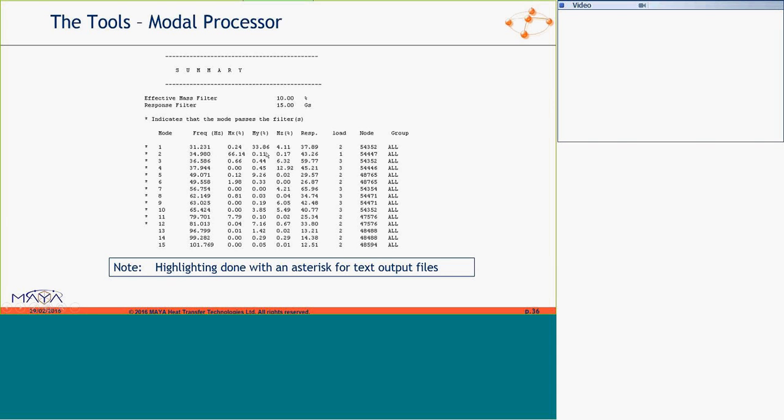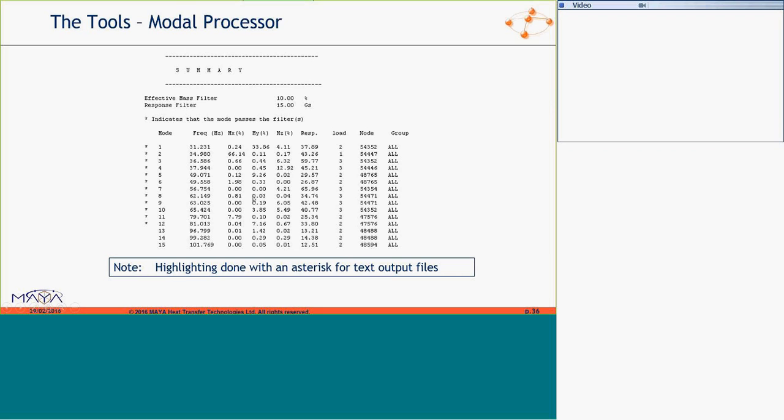Either modes that have lots of effective mass, like 33%, response 38 Gs. This second mode here has got 6% effective mass in X, and it's got a 43 G maximum response at this node. So you get an idea of which modes have a lot of mass participation and have high responses.